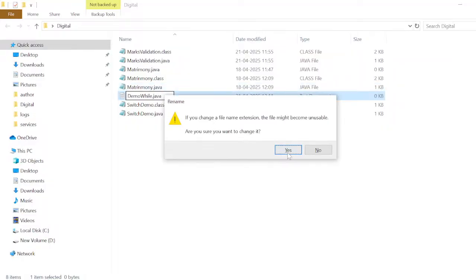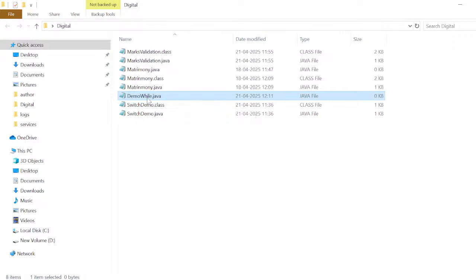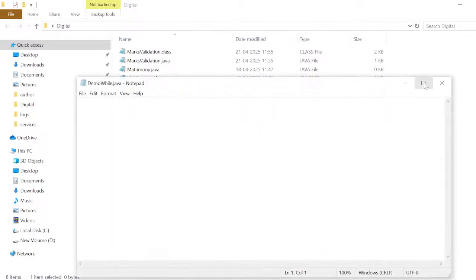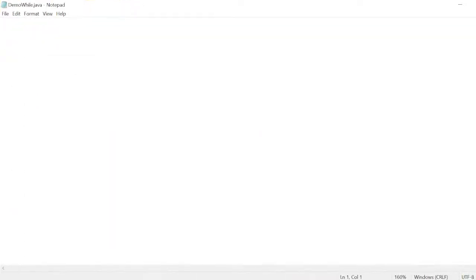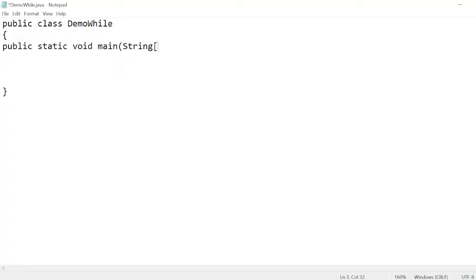I'm saving this one, and I am opening this one, and here I could open public class demo while, and from here is the scope of the demo while, and here I could take the main method, public static void main method, and here I can say String args, and this is the scope of the main method, and inside actually